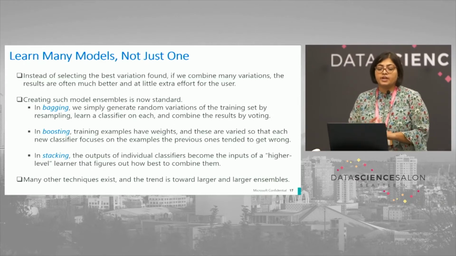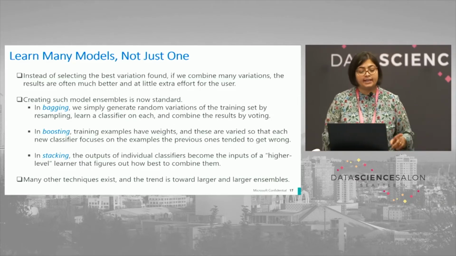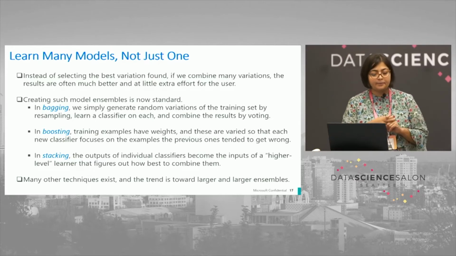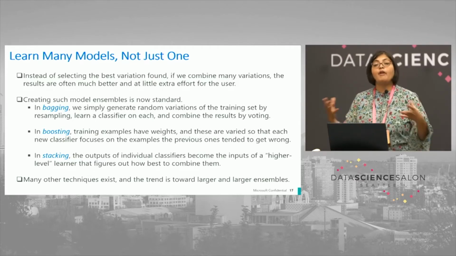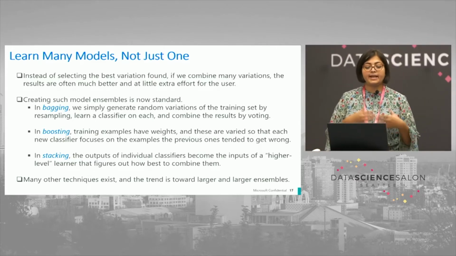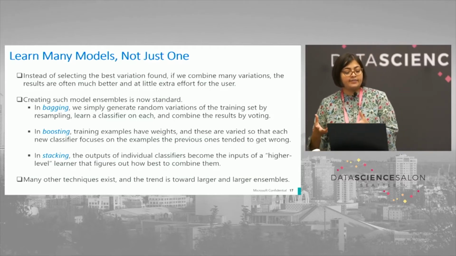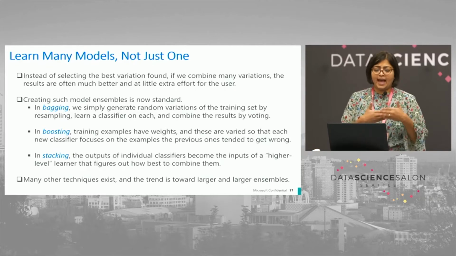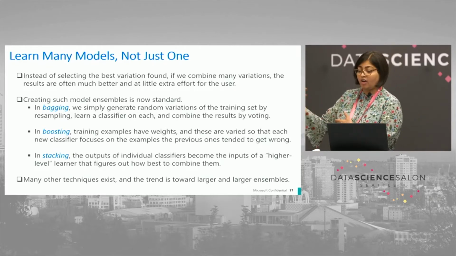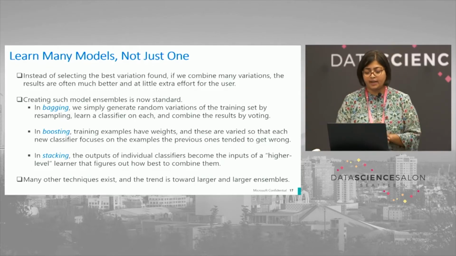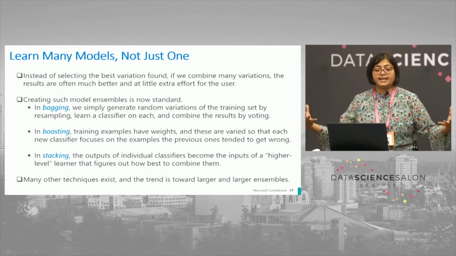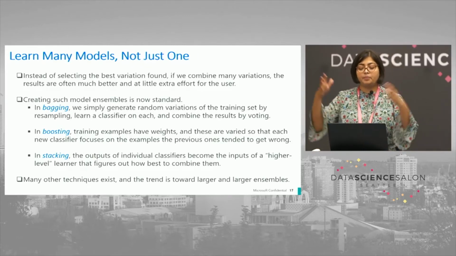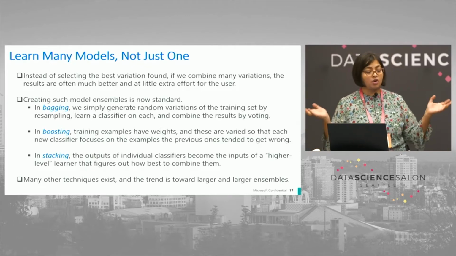Creating better models works, for example, with ensemble techniques like bagging, boosting, and stacking. In bagging, we simply generate random variations of the training set by sampling, learn a classifier on each, and combine the results at the end. In boosting, training examples have weights that are varied so that each classifier focuses on the examples the previous one got wrong.